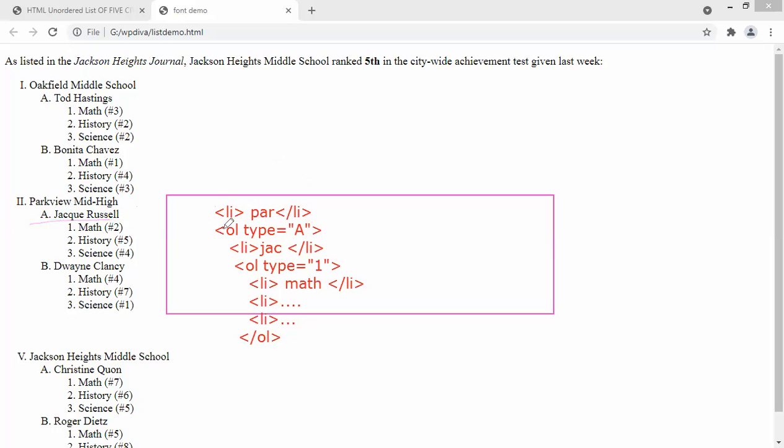Then this outer OL type will indicate this one, and this inner OL will indicate this one, that is math, history, and science. Are you getting it? Okay, clear?